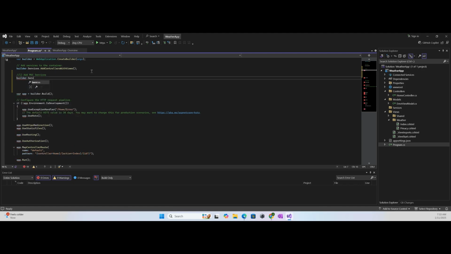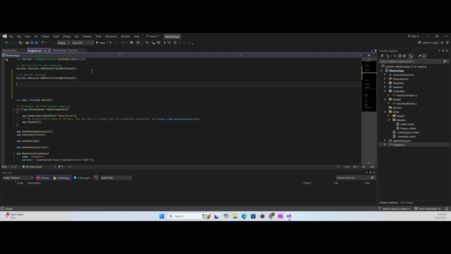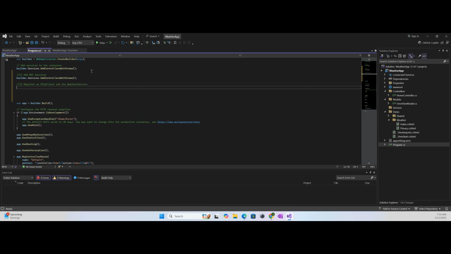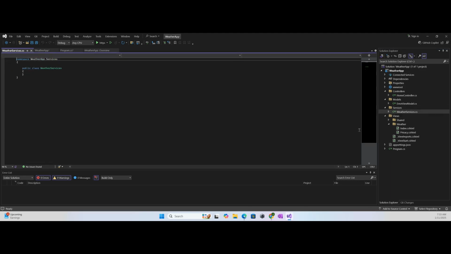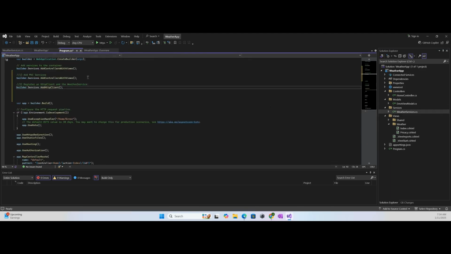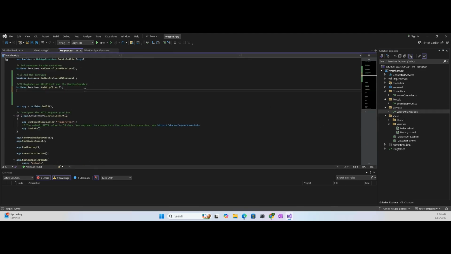And so because this is an API, we'll need to add MVC services. And we will also need to register an HTTP client as well as our weather service once it's created. So we'll start by adding the HTTP client. Make sure we do fix our typo there. Now let's go over and add our weather API service. So we added our weather service object. Now let's register it,